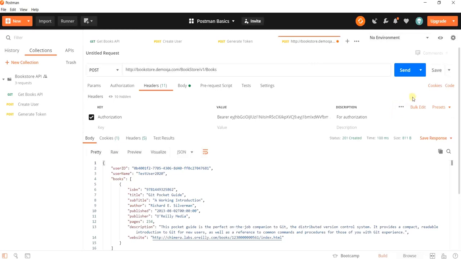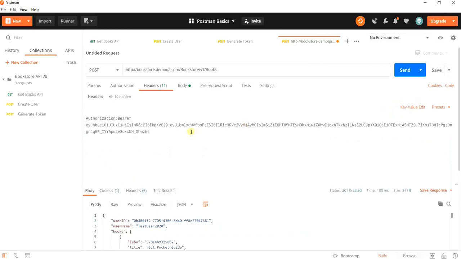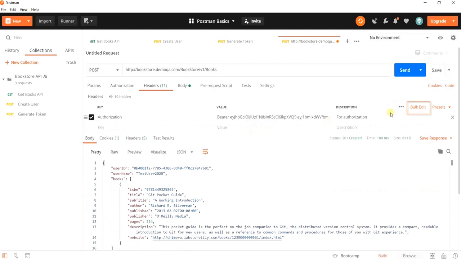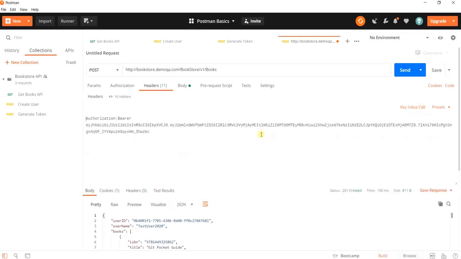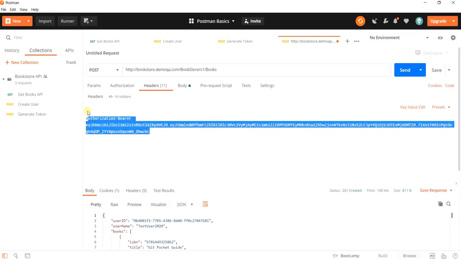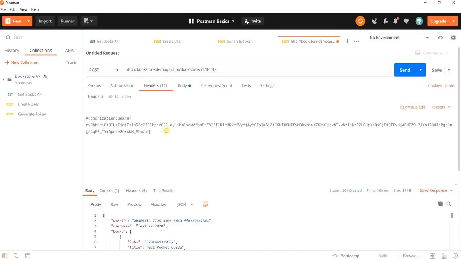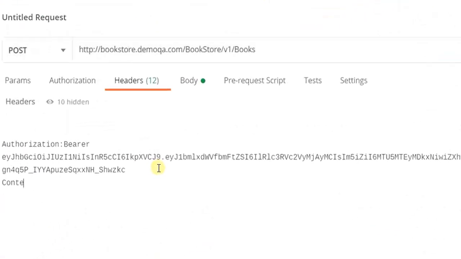The next thing that we see in the header section is the option of bulk edit. So we had entered the authorization key and its associated value in the key value edit view. If we go into the bulk edit view, we can add the key value pairs of the headers in plain text format. For example, the one that we had added is already here. So say you have to add some another one, for example, content type.